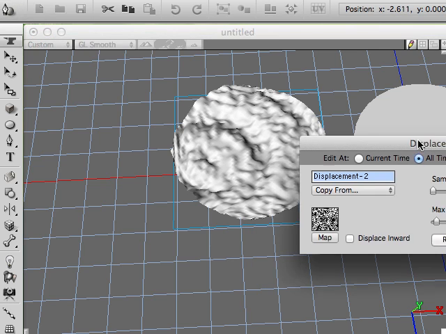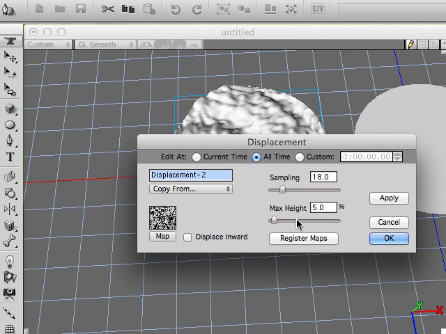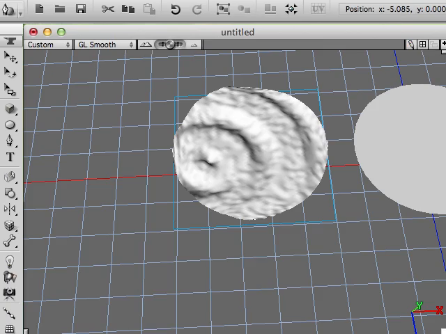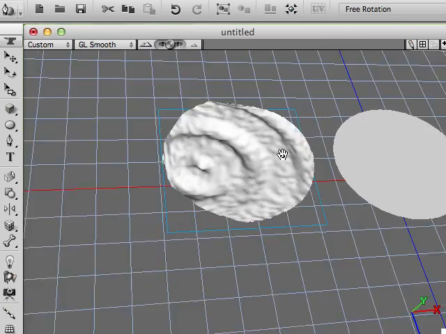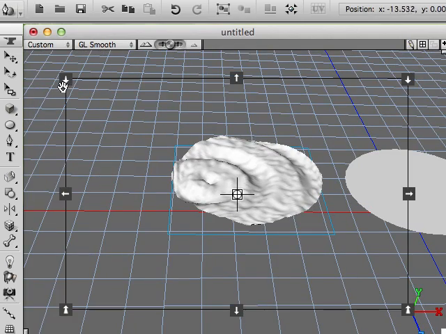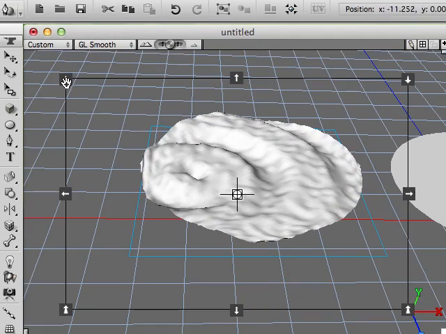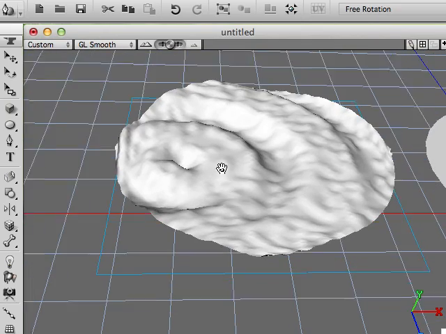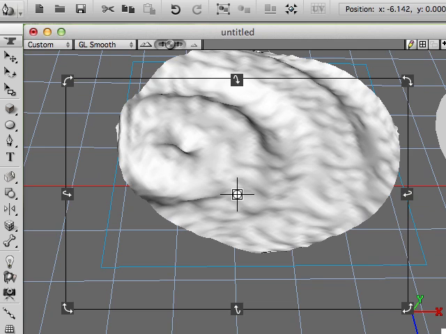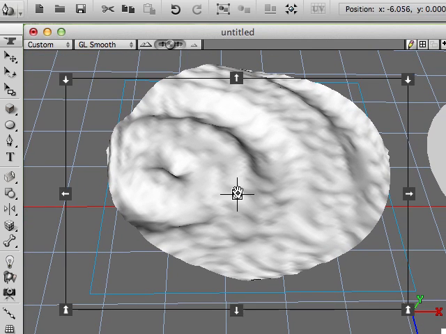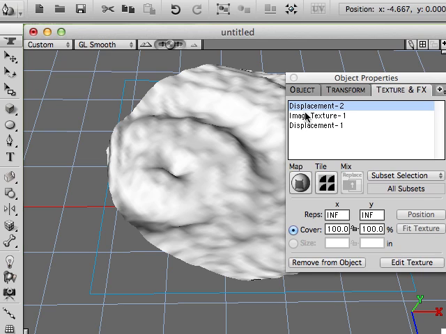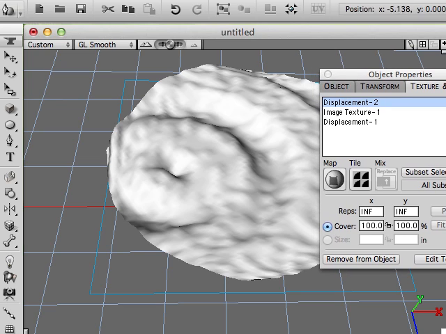So let's adjust the sampling a little bit and decrease the max height. This is a little bit of real-time playing around, but I like to illustrate things that way. It's kind of fun just to see how one can do things in a real-time sense, where I'm doing it as I'm illustrating it. But as you can see, I just added another displacement on top of the other displacement. So you could have multiple displacement layers where you have the one that's the base big ripple wave, and then another one that is kind of